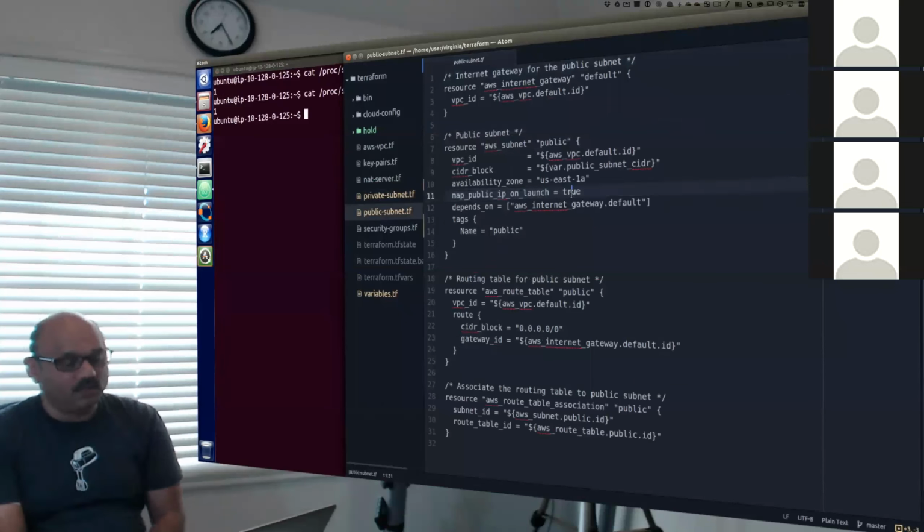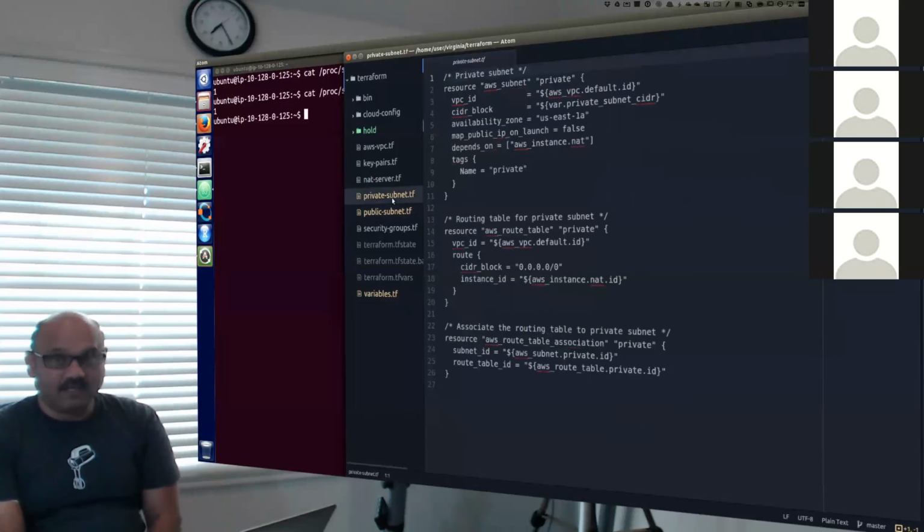So we said true in line number 11 for public subnet. For private subnet, I will say false, because I do not want to get a public IP address. I don't want a direct connection to the internet. And it depends on the existence of a NAT instance. So you have a dependency called out like that, and then you tag it the private subnet.